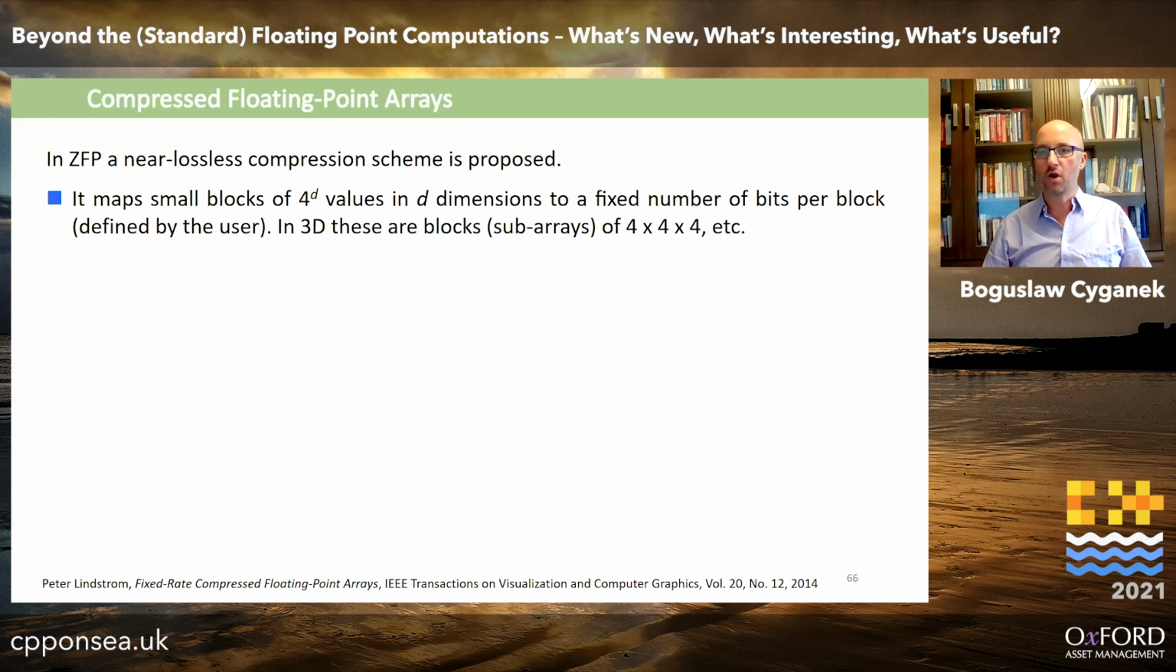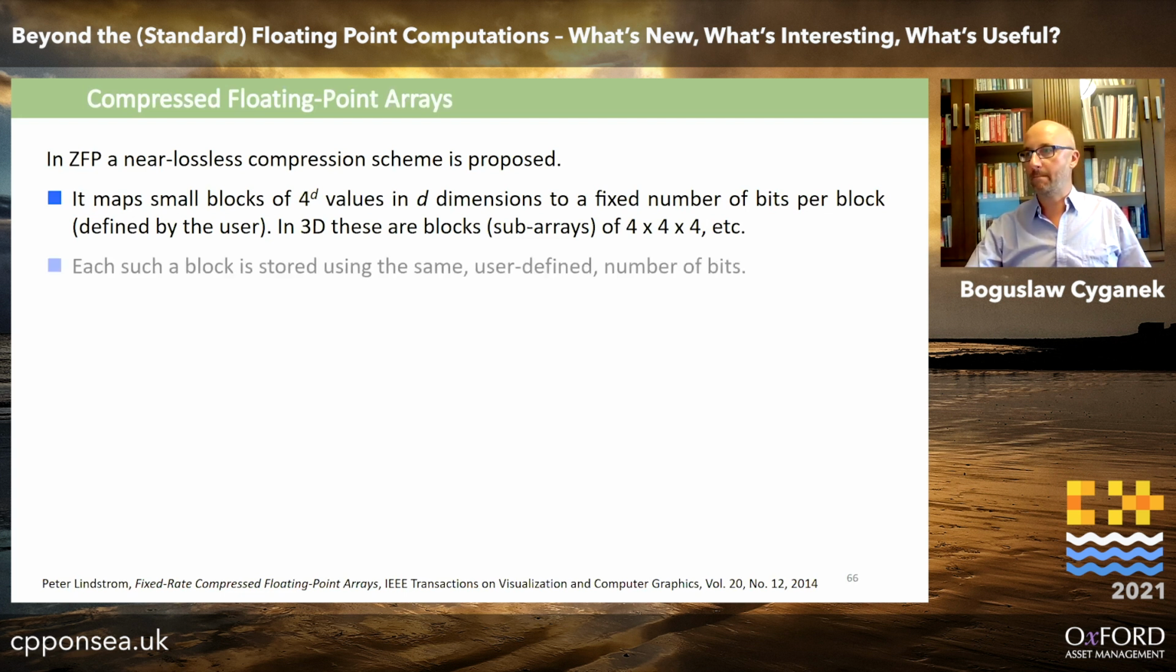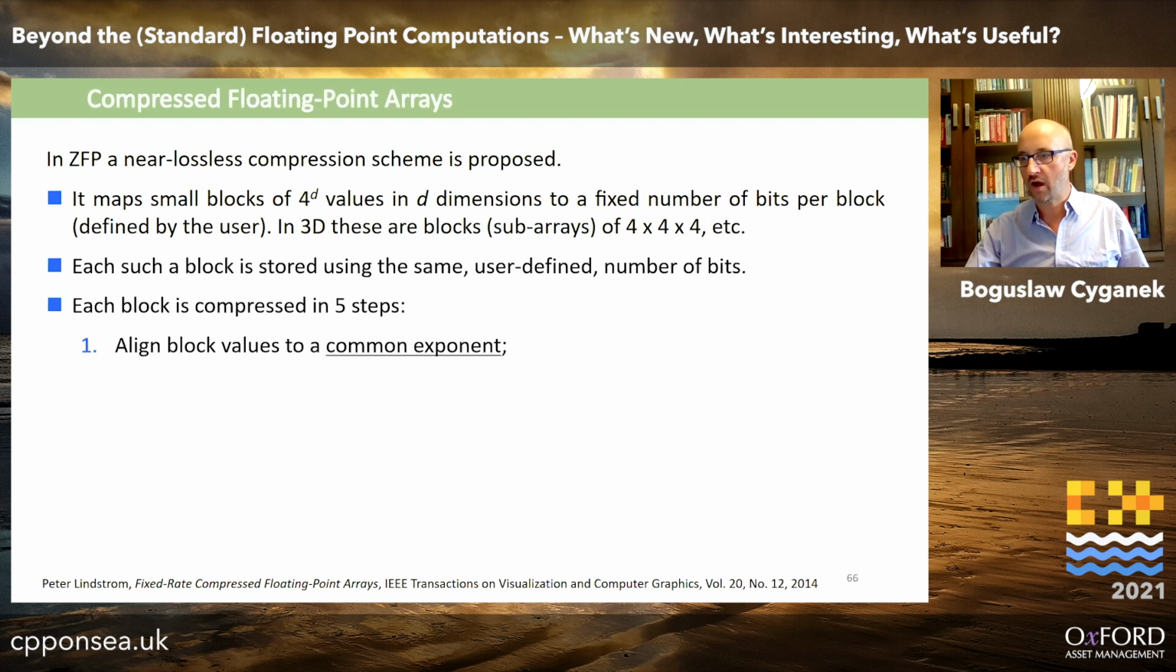The method maps small blocks of 4 to the power d values in d dimensions to a fixed number of bits per block. So for 3D, we have blocks like 4 by 4 by 4. And each such block is stored using the same user-defined number of bits. Each block is compressed in 5 steps. So details you can find in the publication. You have below the name of this publication, and there is a lot of mathematics. Maybe not a lot, but